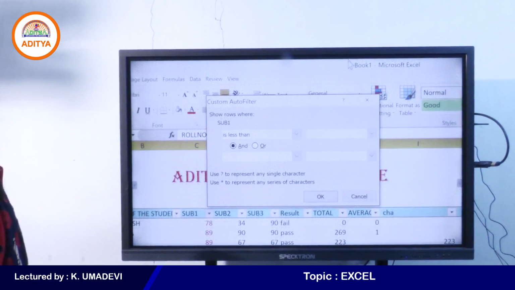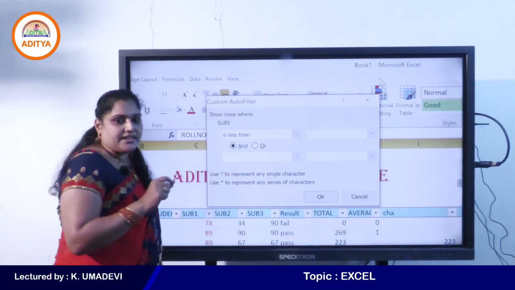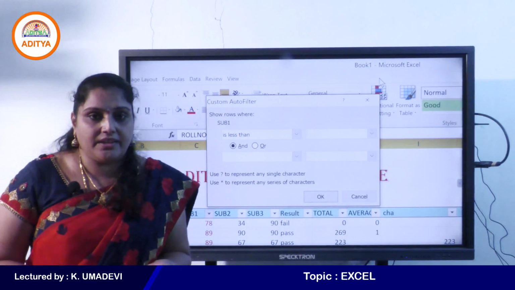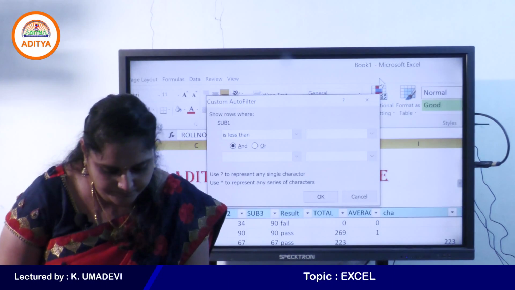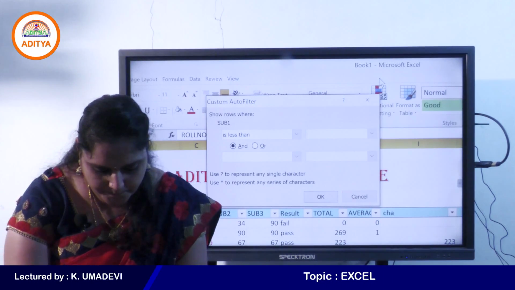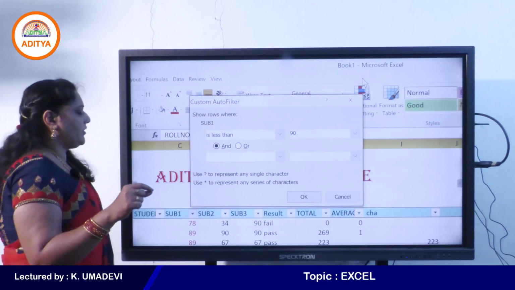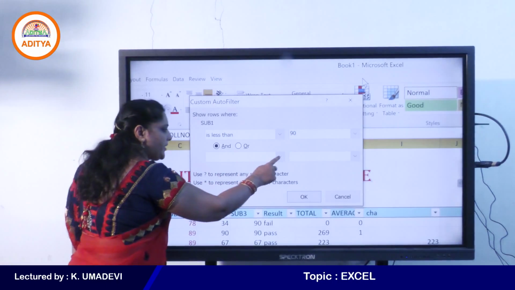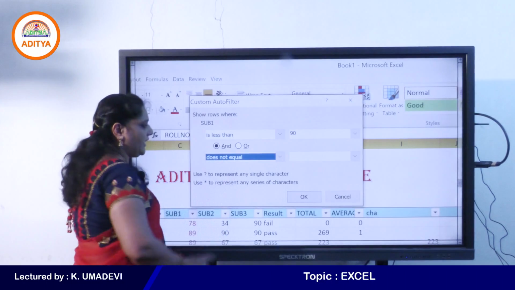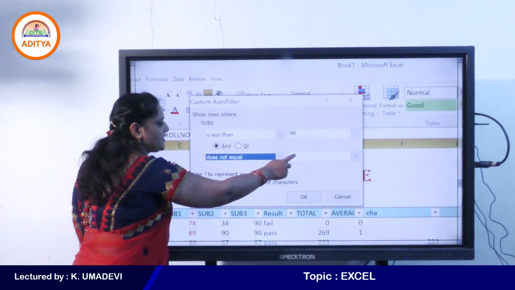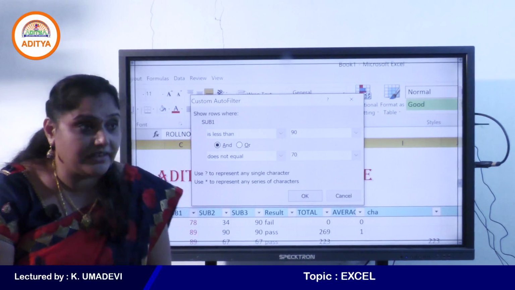Then you will get this dialog box. Now we are in the subject 1 column, with the condition less than. Now I want to display the records in the subject 1 column which contain less than 90. For example, if you want to apply and does not equal, see here, and does not equal 70.